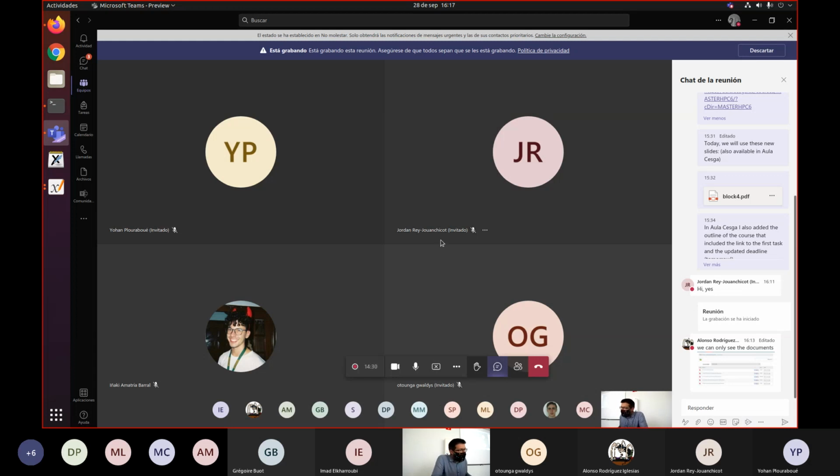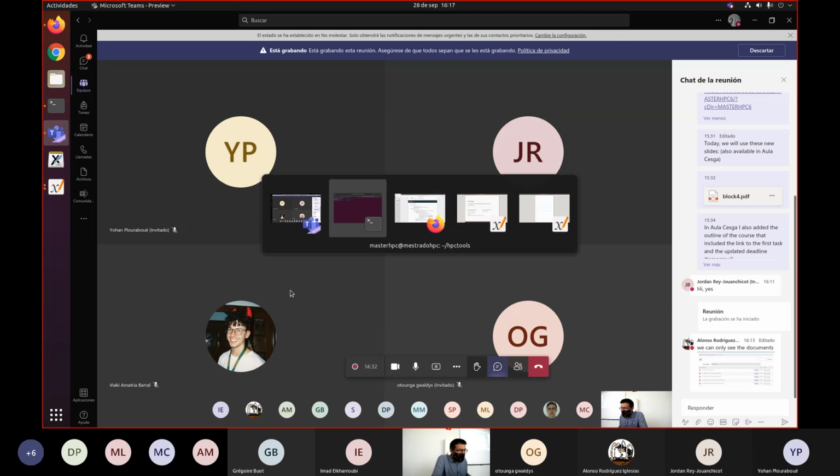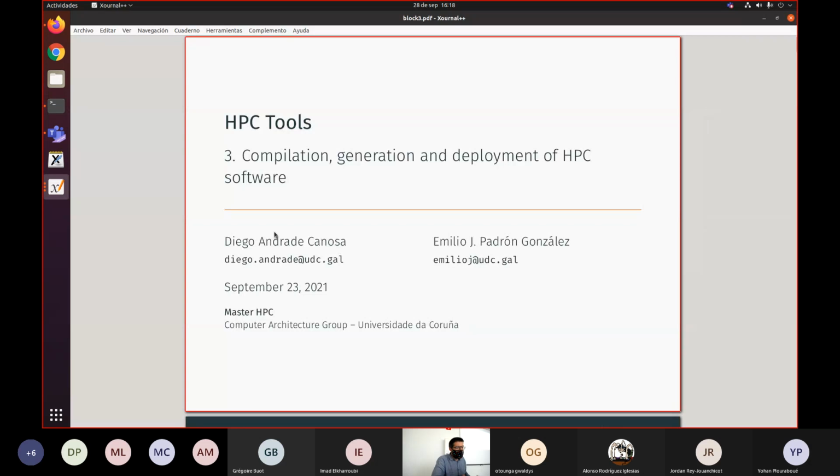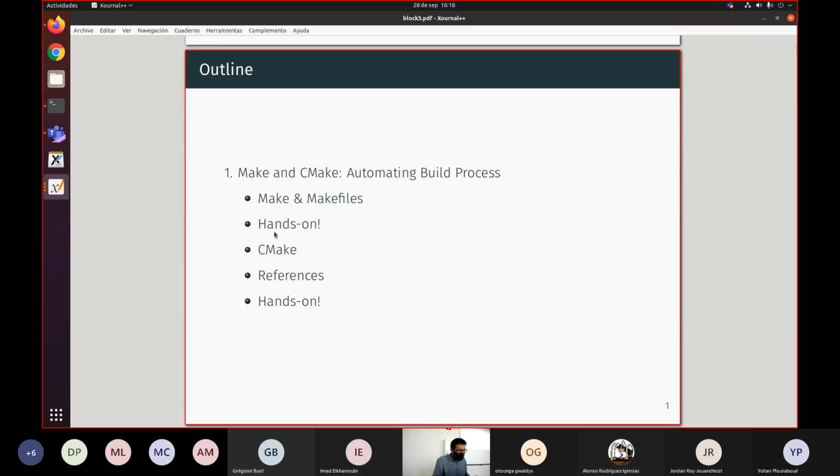Okay, so regarding the different stuff we've seen so far in these last sessions, let me recover block 3 of slides we've used in the last session. If you remember, last week on Thursday, we've seen some basics about the use of make and CMake. And regarding CMake,